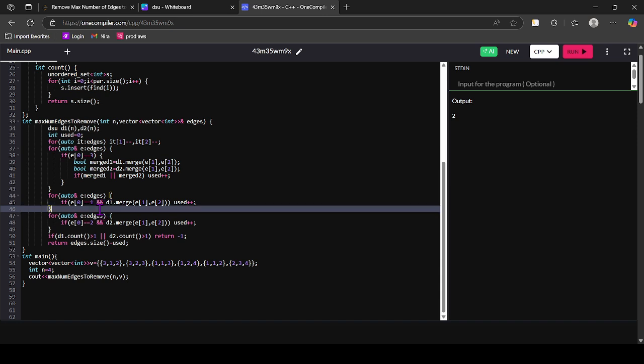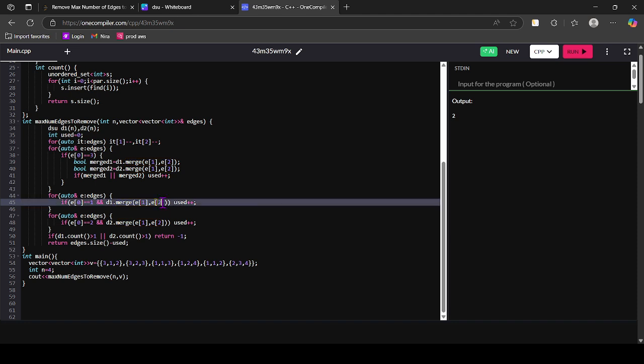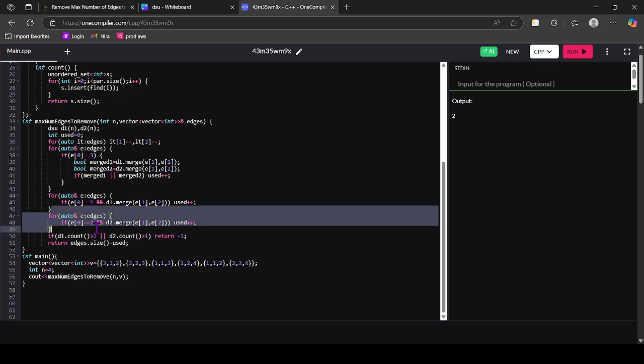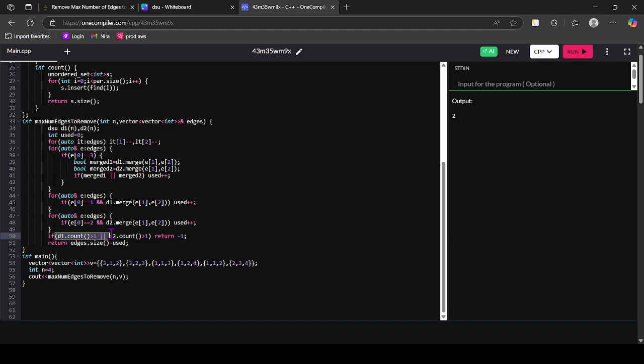we traverse the edges again and find if an edge is traversed only by Alice, and if they are already connected, don't add the edge and count it in the answer. If they are not connected, add it. And similarly traverse for both, and finally find whether they are both connected or not. If not, return -1, else return the count minus used, because used is the number of edges we need in the final graph, but we want to return the edges that we have to remove. That is simply the initial edges minus the edges in the final graph.